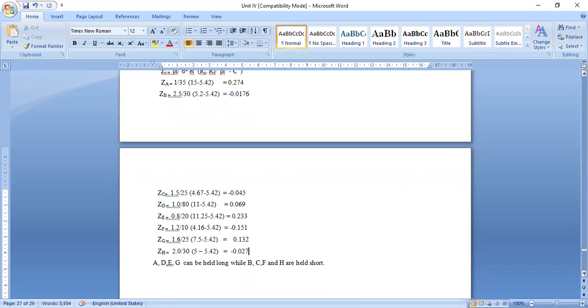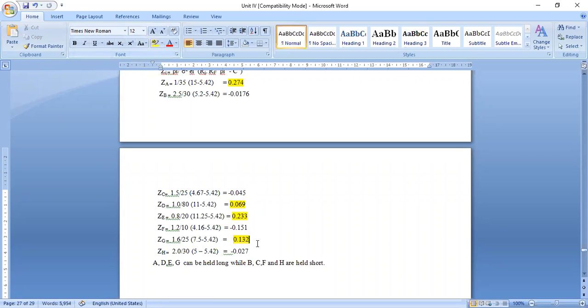So what are we going to do here? Once we have calculated the values for ZA for all the securities, including for ZH, that we have not done for the problem without short sales, but for with short sales we are going to include all the securities for the portfolio. Now, quickly, what are we going to do here? We are going to see whichever is positive will be considered or it will be held long for optimal portfolio. I'll just highlight the positive values here, and all the negative values will be sold short. So that is going to be the conclusion here.